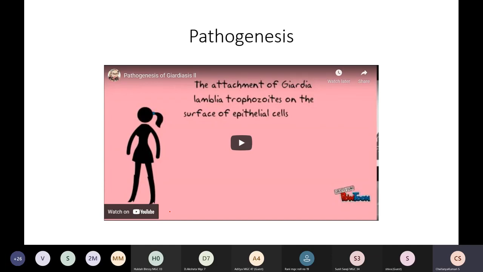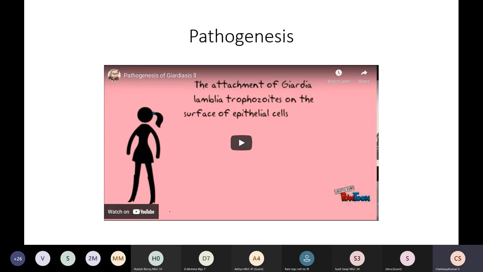So in the life cycle, we had seen what is the route of entry, how it is undergoing the morphological stages, and ultimately what type of disease it is causing. But in pathogenesis, we should mostly focus on how it is causing the disease, what type of damage it is creating inside the host cell. So pathogenesis is nothing but how it is generating the disease, how it is able to cause the disease. Those points should be focused under pathogenesis. So just write down in your running notes. I'll be telling it in a stepwise manner.